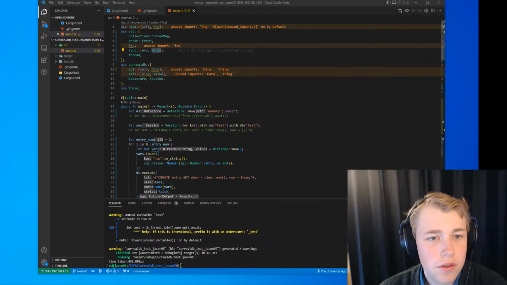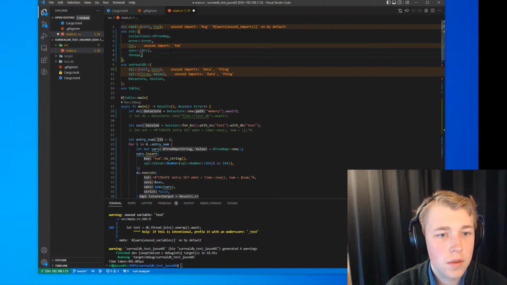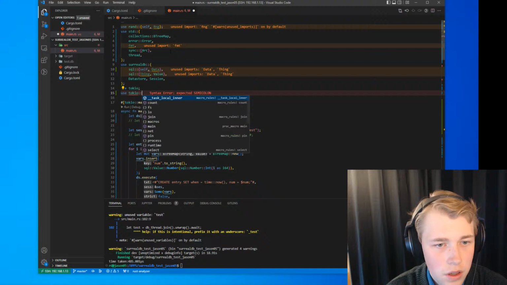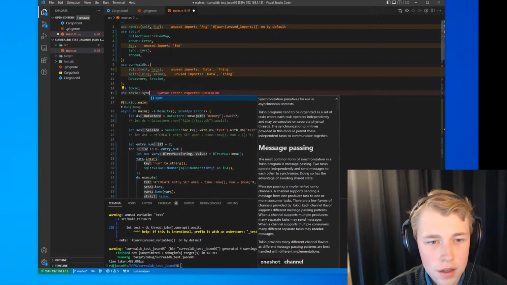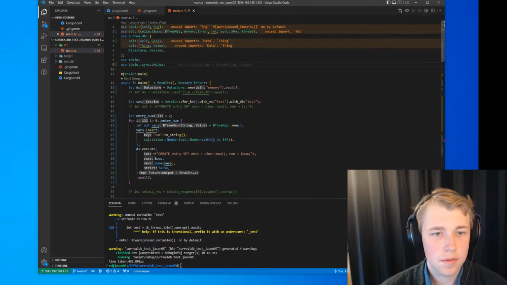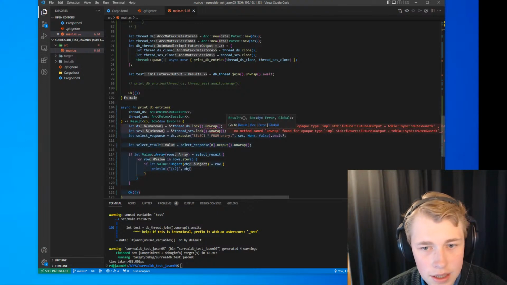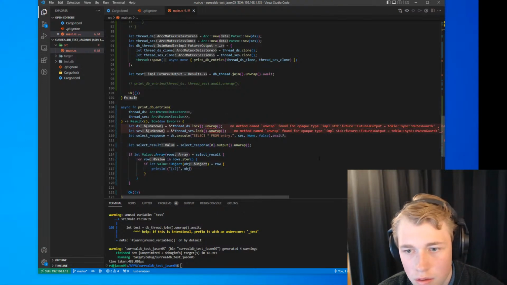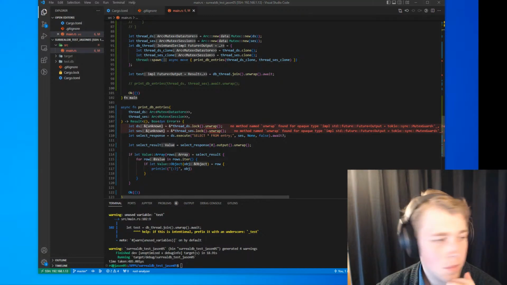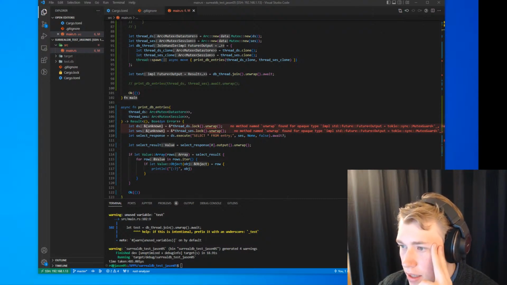So let's try switching this to use tokio sync mutex, and then here what we want to do on the mutex would be